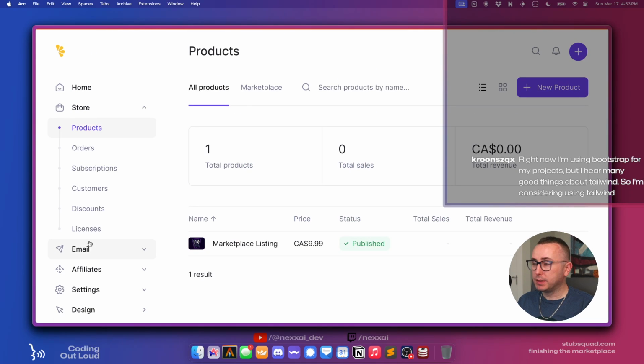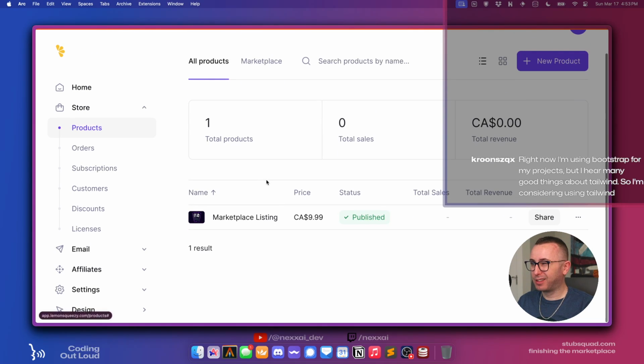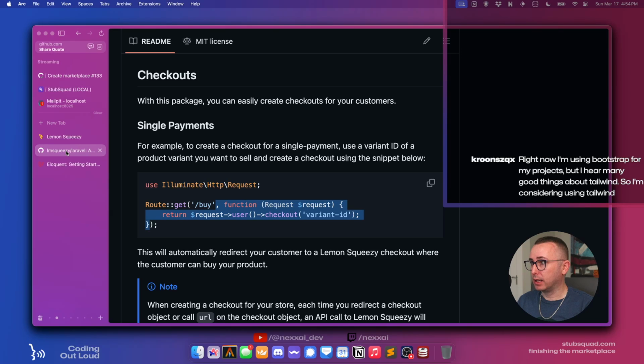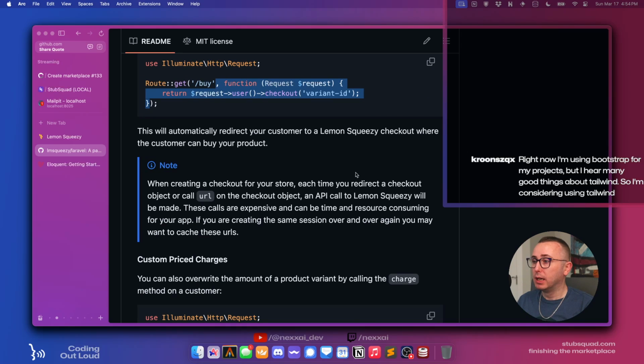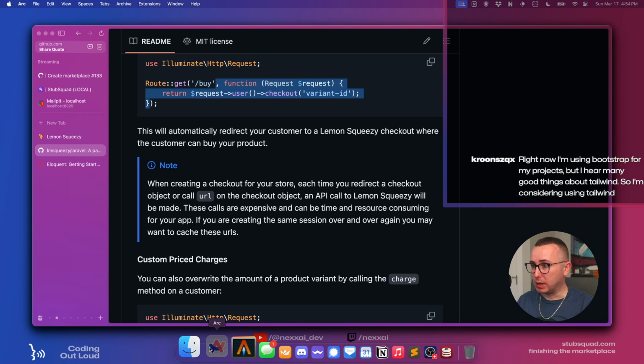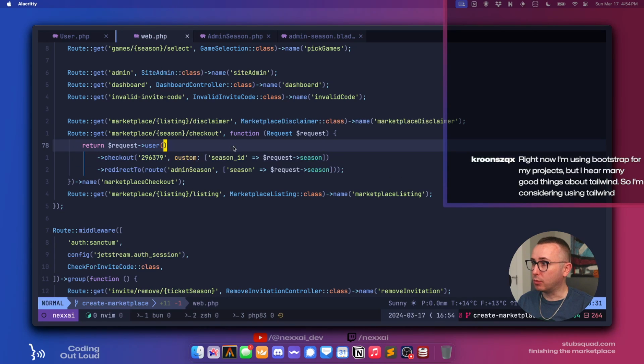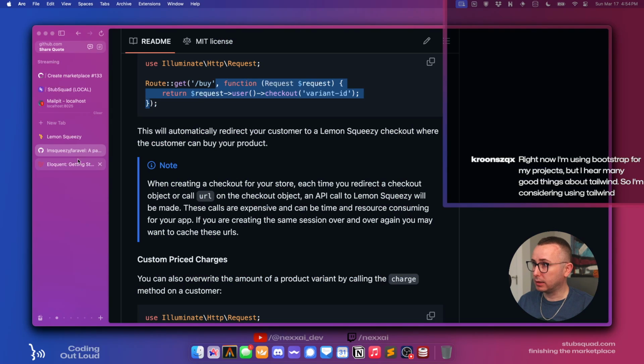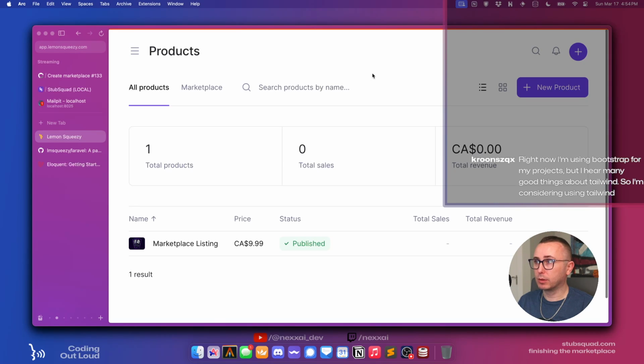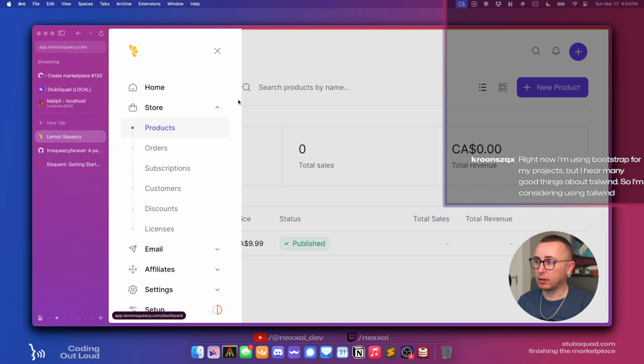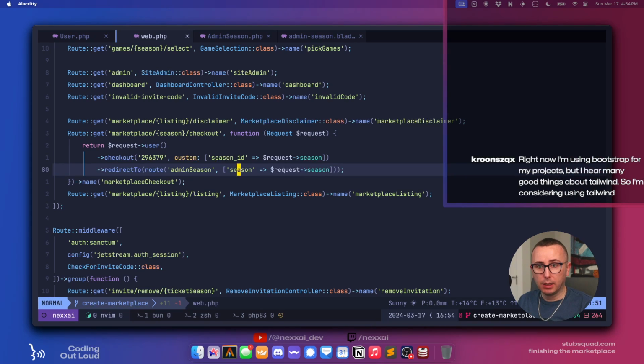I should be using the test API key, so it should theoretically work, but at this point I don't know for a fact. I don't know enough about Lemon Squeezy to say they completely block you off until they've reviewed your request. So I think this might be dead in the water for now, until they return their response, until they validate it.